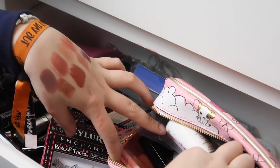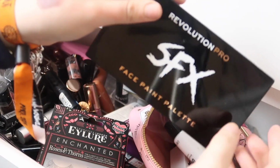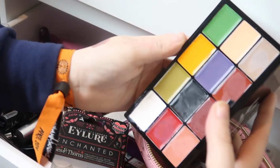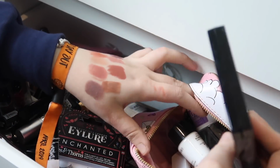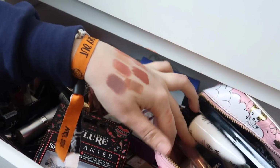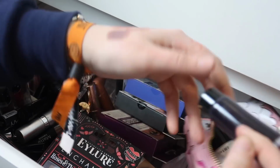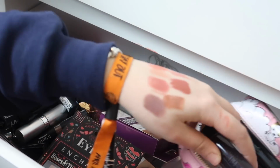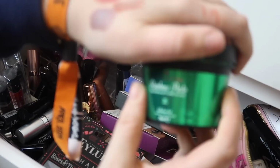Sancha's just kind of stuck anything in here. So yeah, I have my SFX palette from Halloween. This is also good if you want to do looks a little bit more creative and out there. Basically, Sancha did my makeup drawer, and there's just a ton of stuff randomly in here. I've got some more eyelashes, I've got some fake blood. Pretty much all of this is Halloween, and then I also have this Revolution hair dye that I got